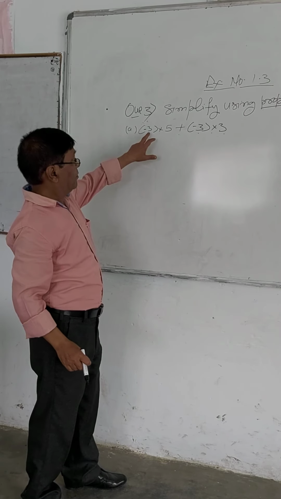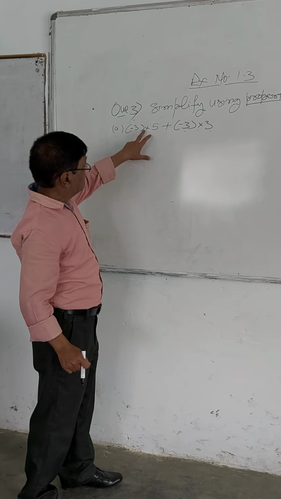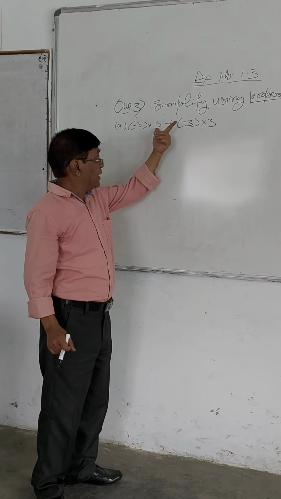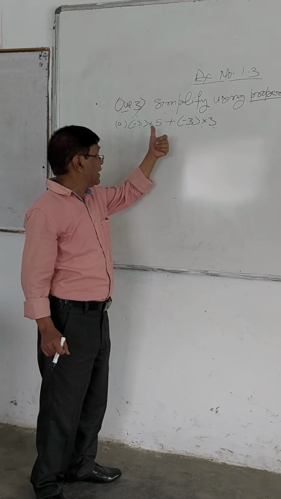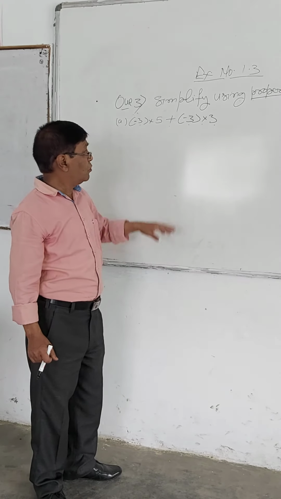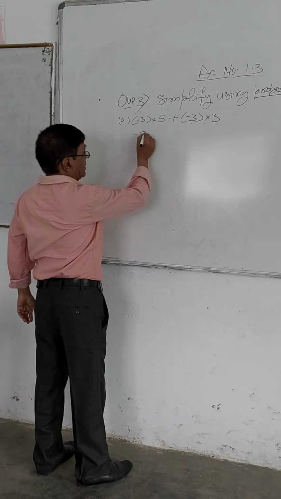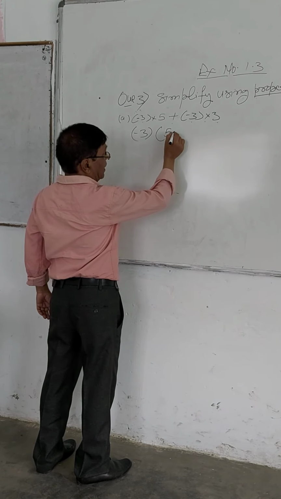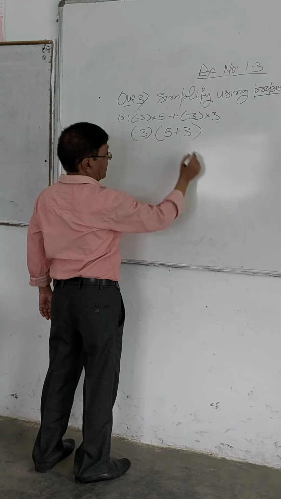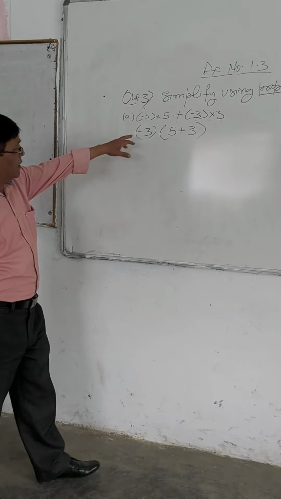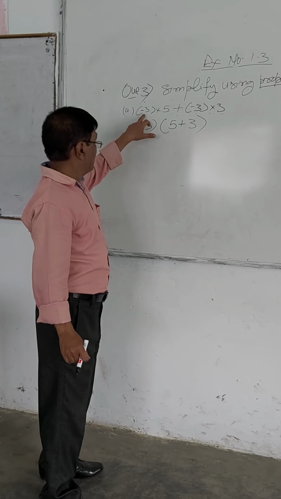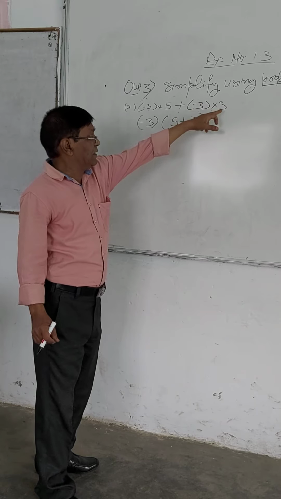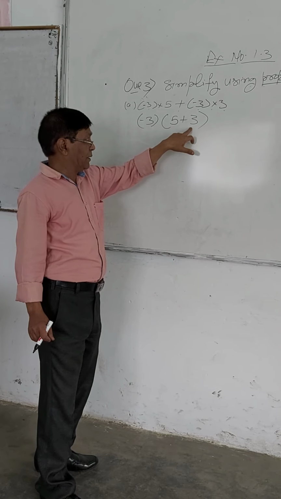Here minus 3 is multiplied by this number and minus 3 is multiplied by this number. These 5 and 3, two numbers, are to be added after multiplication. So if we take minus 3 common in both, what will come here? It will come 5 plus 3. Minus 3 you are taking common in this one, so here it is coming 5, and again minus 3 in this one also, so here it is coming 3.